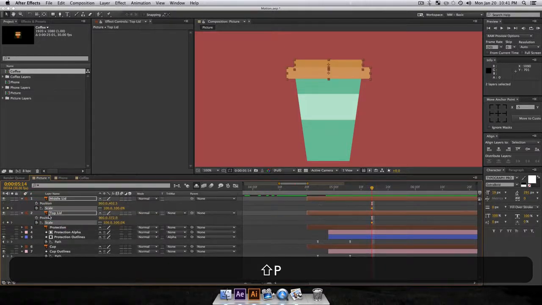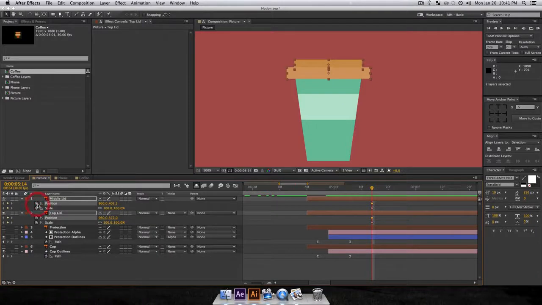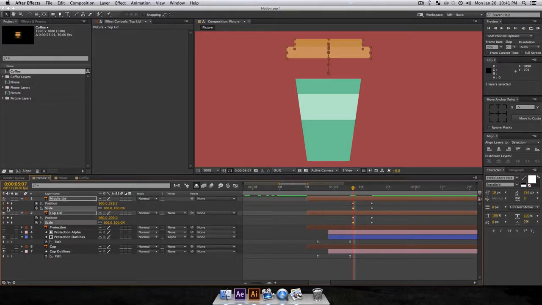Holding Shift, press P to also pop up our position properties and set a keyframe. And let's just go back a little bit and move them up on our y-axis, so just about here, and then go back a little bit and also set a keyframe on our scale here, and then go back a little bit more and set another position keyframe on both of them, and then unclick your constrained proportions icons, and